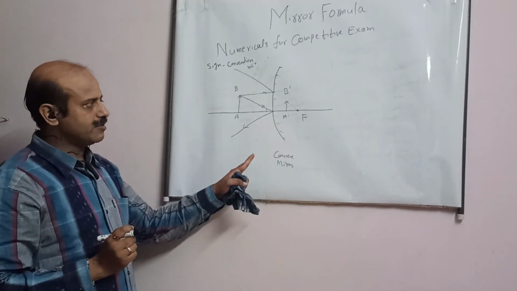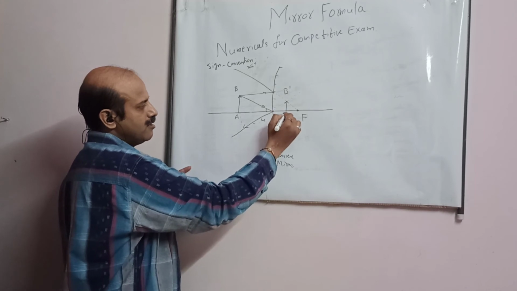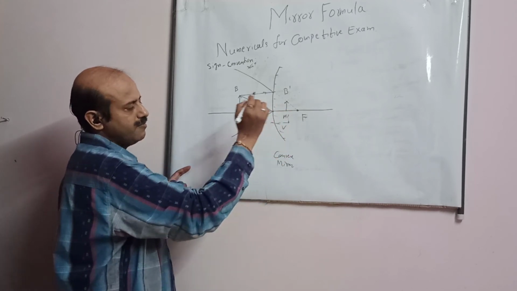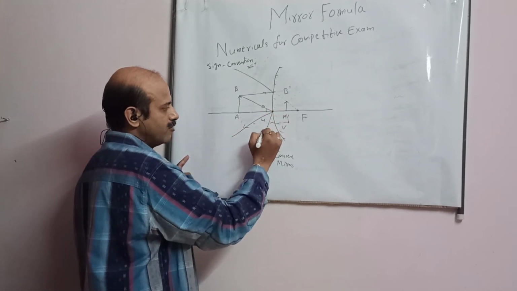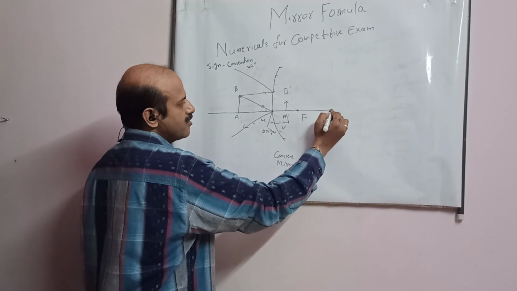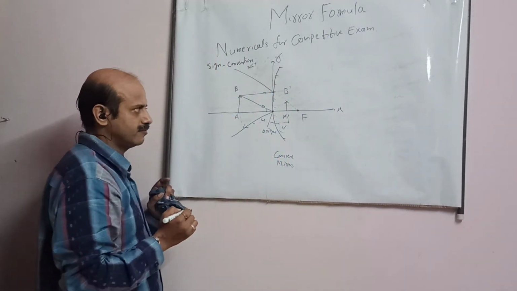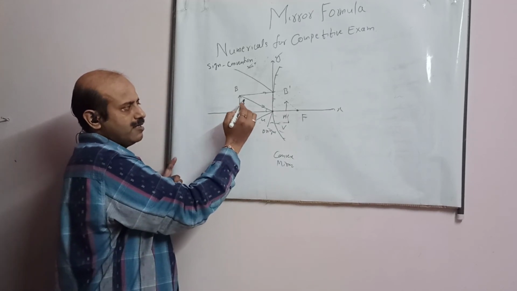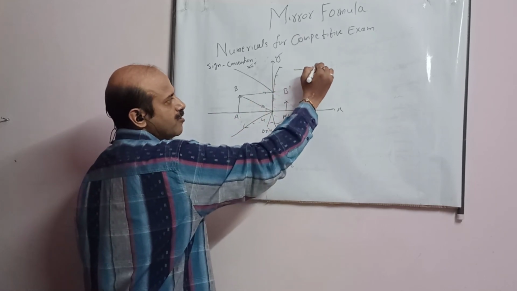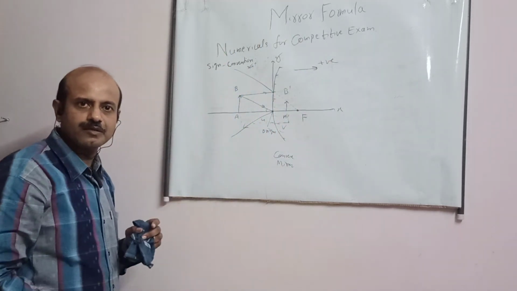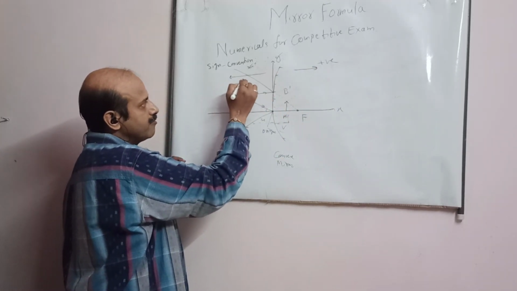So in case of convex mirror, student, see, this is object distance u and this is image distance v. Again the sign convention, student. This is origin. This is x-axis. This is y-axis. This is object. Light is traveling in this direction towards my right. This means, student, this side is positive. This you have to understand. And if this side is positive, this side will be negative.